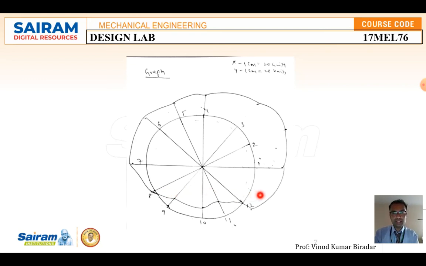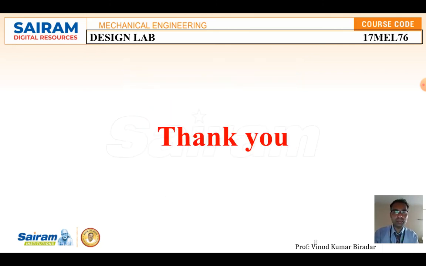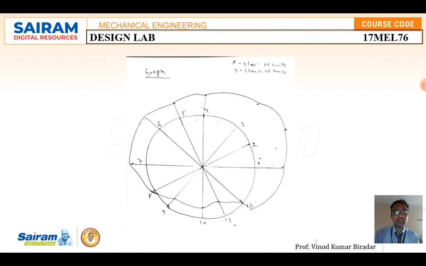Okay, so finally you have to draw this diagram. I hope you understand this experiment. While constructing, you have to assume the scale also here. Actually 1 centimeter is equal to 20 units, and 1 centimeter is equal to 20 units. Then you draw this line, the journal bearing diameter line, and this is the pressure head line. Once you note down all these values, on the particular line you cut the arc for that particular value and join them, and you are going to get this type of curve. This is how I draw the pressure distribution in the journal bearing experiment. I hope you understand this. Okay, thank you.